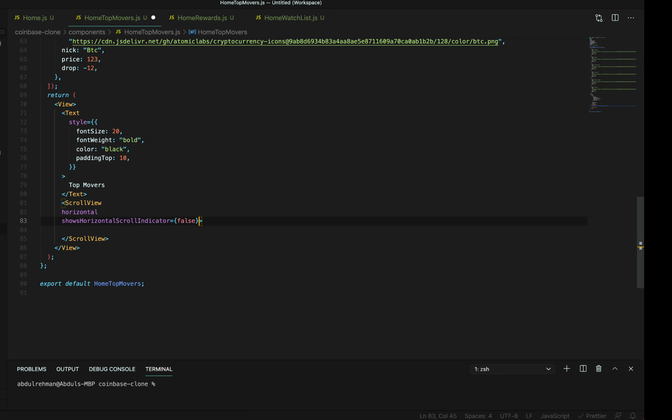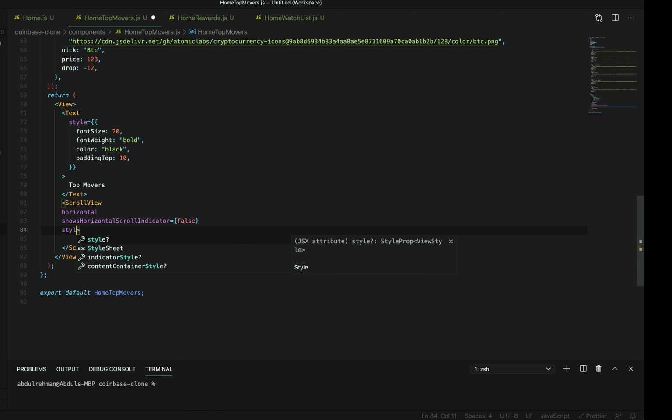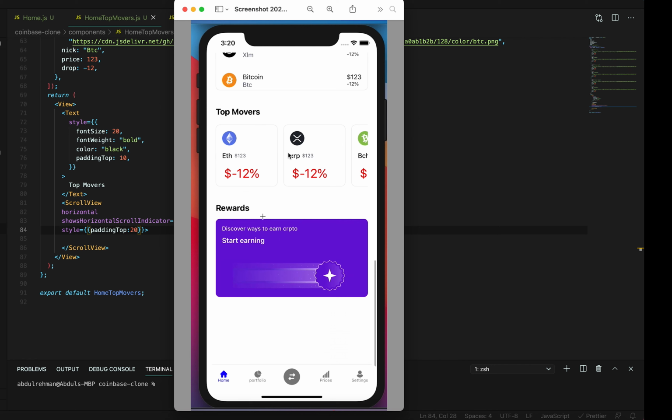And in the style, I'm going to say padding top of 20. Alright, great. So the reason why we need a scroll view is because this one is what we want